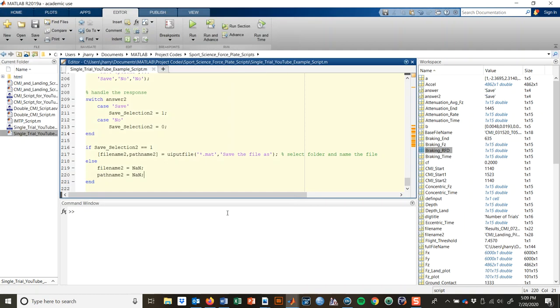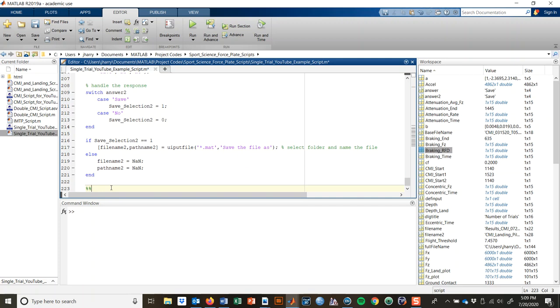Okay, and then we'll save. Okay, so that is specified now. We've determined whether or not we're actually going to save. Our next bit is going to be to do the meat of this, which is to create the graphs